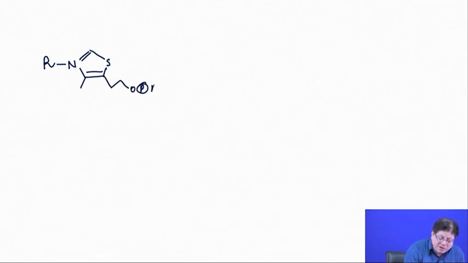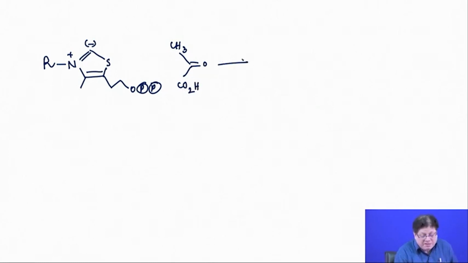Okay. So, let us describe, writing is the best way to understand. So, you write the structure of this TPP, thymine pyrophosphate. We will simplify the writing of the structure, okay, but we will write this phosphate, and this is methyl, and this is the minus and that is plus, and your substrate is pyruvate. Okay. Remember, your substrate is a pyruvate or pyruvic acid, and then